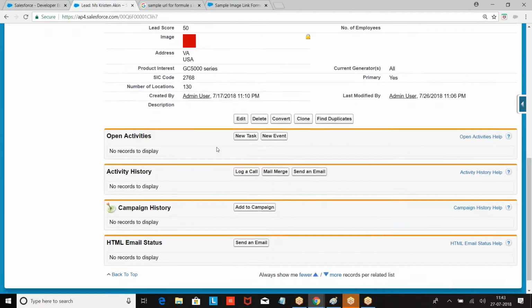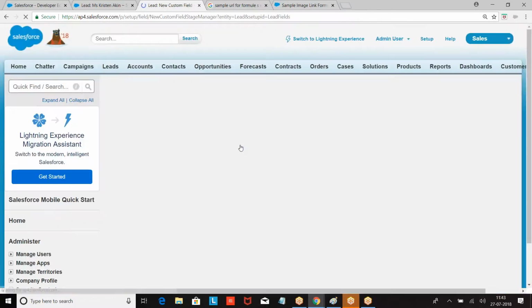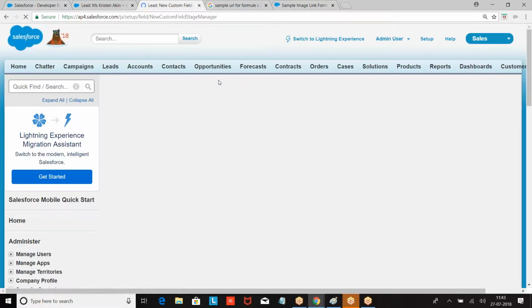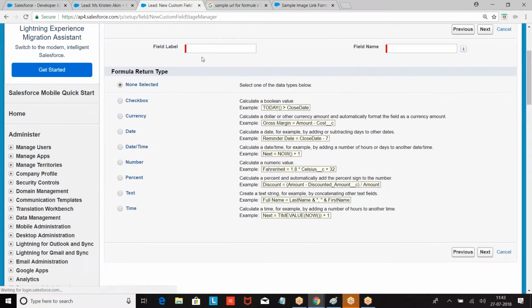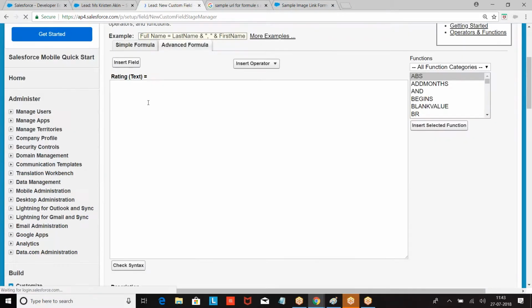Setup. Go to the lead. New. Formula. Rating. Text. Now what is the condition we are going to give?